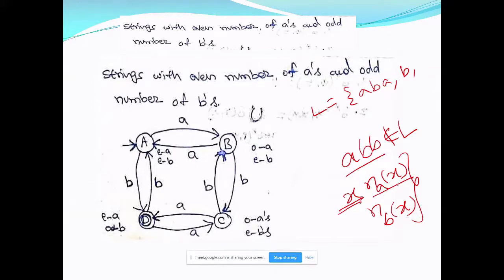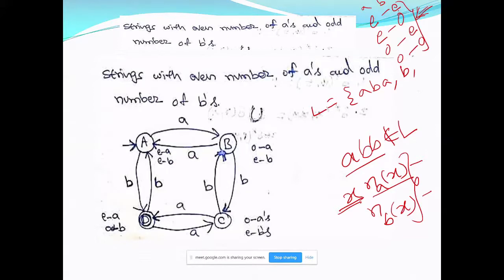Even number of A's and even number of B's. Look at this. So I have four configurations. One is even number of A's and even number of B's. Even number of A's, odd number of B's. So this is for A and this is for B. Then odd number of A's, even number of B's, then odd number of A's and odd number of B's. These are the four possibilities. Apart from this, nothing will exist. Anything you count should fall in these four categories.